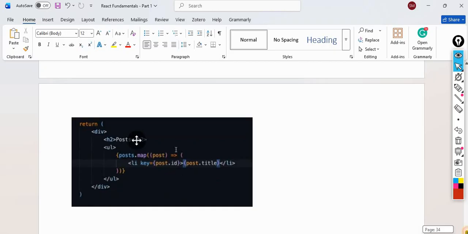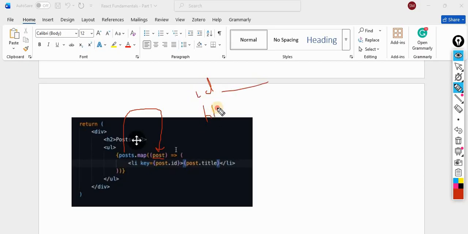So we are using the map function. What the map function will do is get each and every post and provide it one by one to this variable post. Suppose the first post comes. The first post contains the ID data, the title data, or it may contain some other things, say XYZ or ABC.